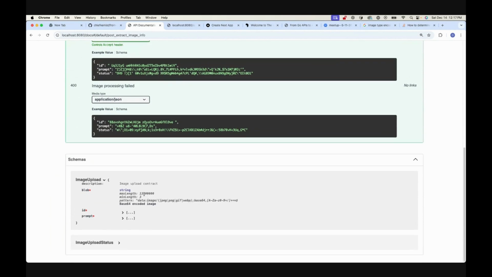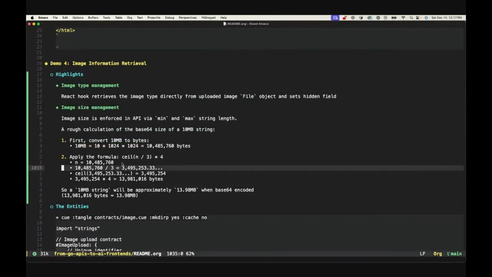Yeah, this number, 13,900,000. Okay, so this number comes from this. It's quite a simple calculation. I encourage you to do your research, and call me out if I made a mistake. But if I'm not mistaken from what I understood,